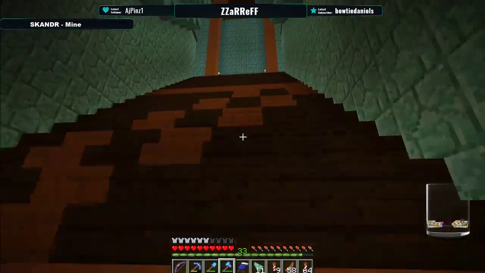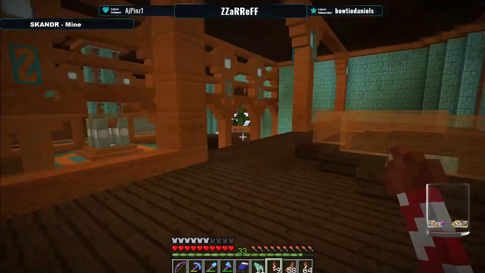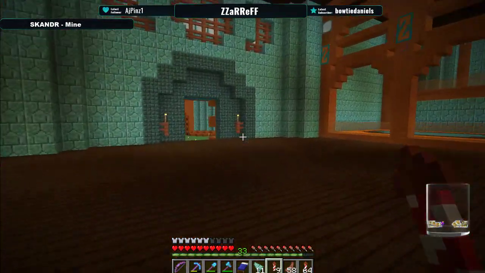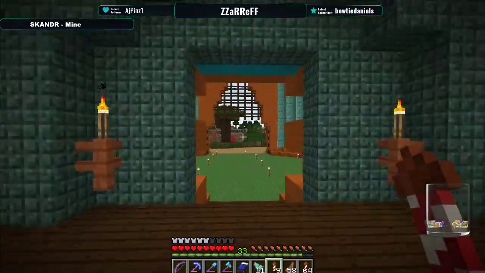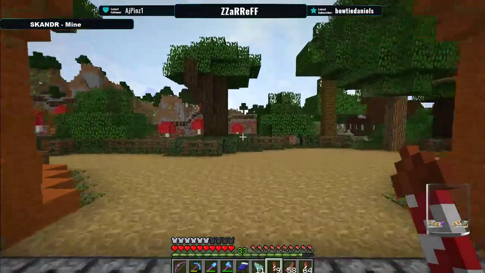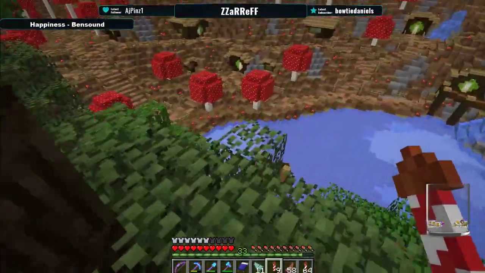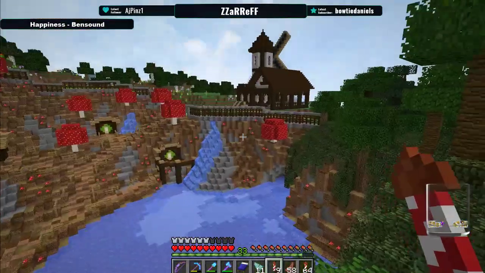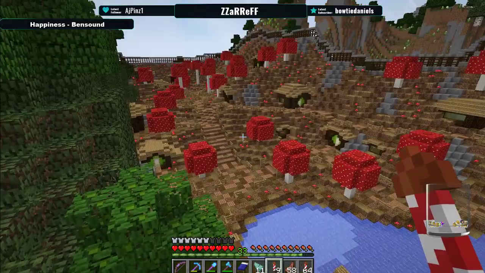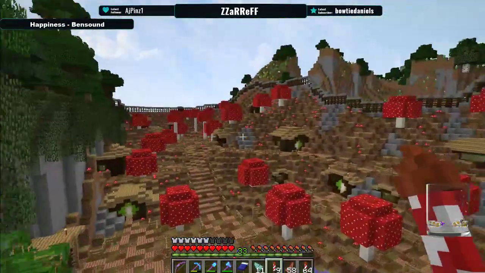I'm going to show you another area I like a lot. I call it the Hobbit Quarry, like small hobbit houses, and I changed all the terrain. I made it also a custom biome with all the mushrooms. You guys know I love mushrooms. So this is the Hobbit Quarry. It doesn't serve any purpose at all, but I am going to...